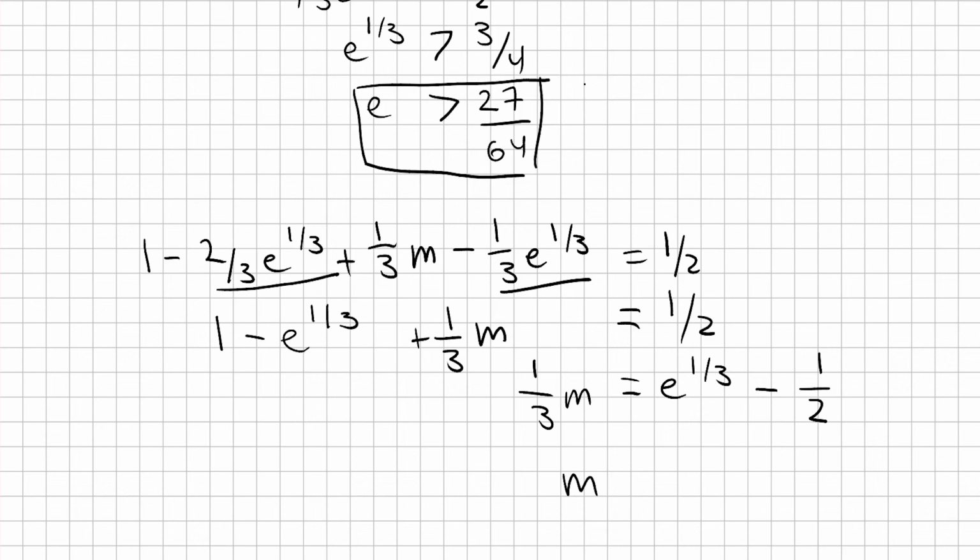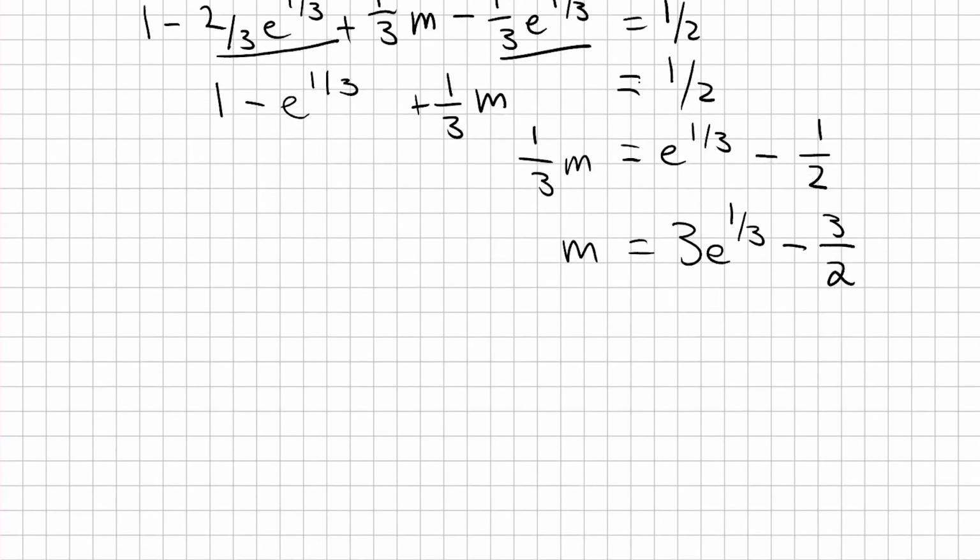So m would just be this times 3, which is 3e to the 1/3 minus 3 over 2, which is going to be our median